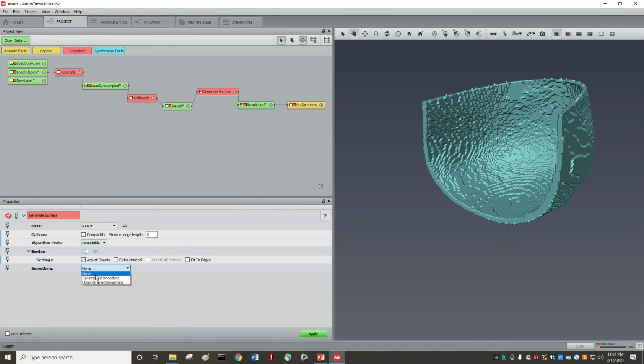So what we want to do is, there is a difference between constrained smoothing and unconstrained smoothing. Let's check first unconstrained smoothing. That was the one that we had before, but we want to strongly reduce the amount of smoothing that we are applying. So apply, and